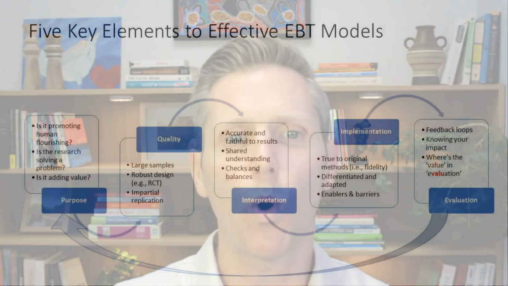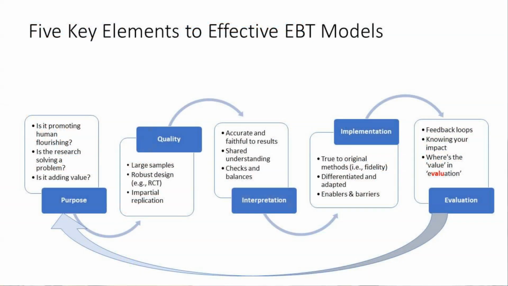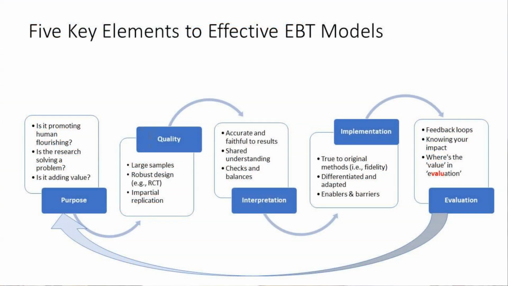The second point is the quality of the research. Now, this is a big space that's definitely being debated amongst the researchers and the research community about what constitutes high quality evidence. But there are at least 3 characteristics that I think everyone should look out for. That is large samples, robust design, such as a randomized control trial, and impartial replication. So if the study was done once, I would never trust it. If the study was done 100 times and it produced the same result,